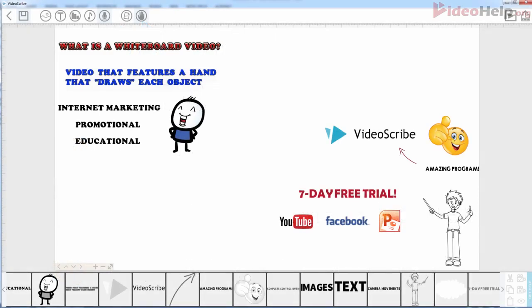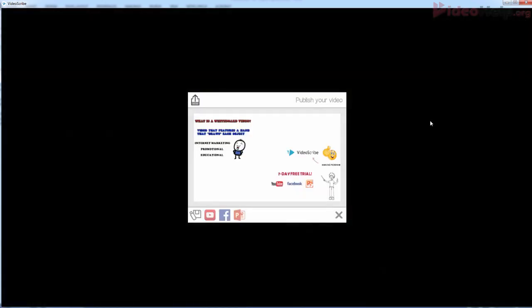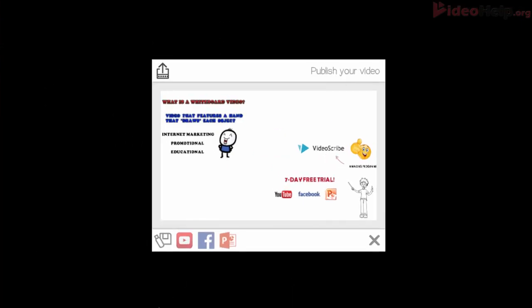Once you're finished with your project and you're ready to export it, click on the Publish icon at the top right of the main project window. There are several different options when it comes to how to get your video out of VideoScribe. The first icon, the floppy disk and I guess USB drive icon, will let you save an actual video file